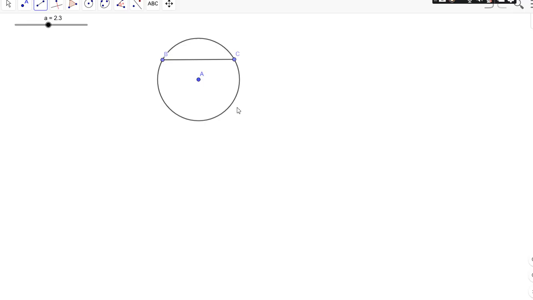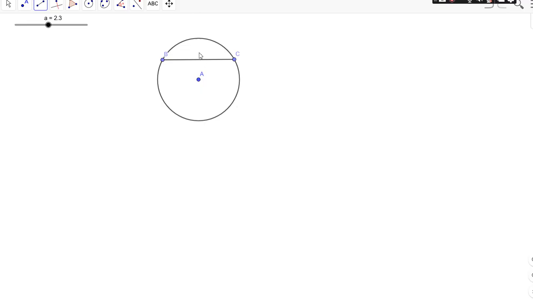Right. Now we'll talk about minor and major segment. In this video lecture, we'll understand about minor segment and major segment. So if we draw a chord, say BC, it divides the circle into two regions. Right. One is a smaller region and another is a bigger one. Which is the bigger one, dear students? Yes, which includes the center of the circle.